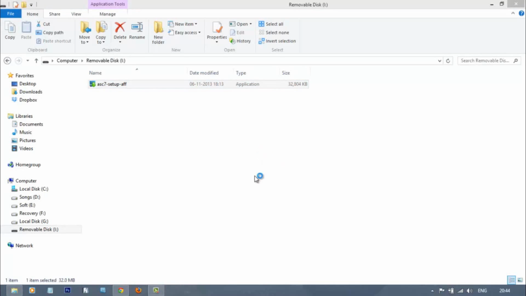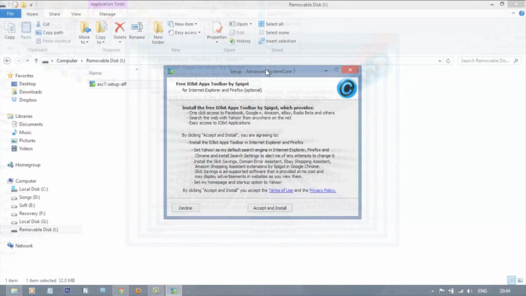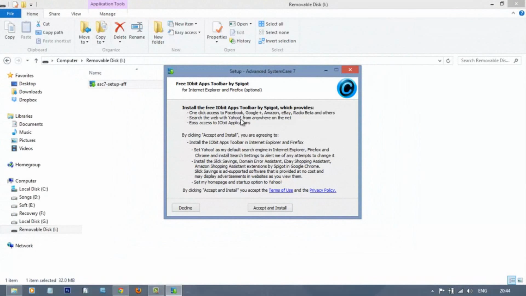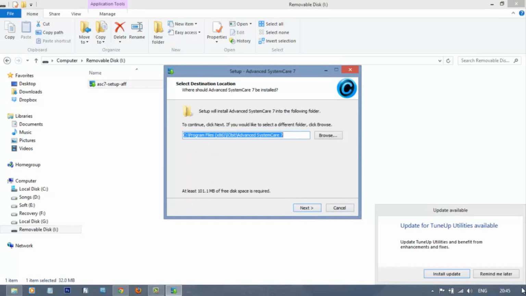Here is the setup file of nearly 32 megabytes. So this is our setup wizard. This comes integrated with iobit apps toolbar, which really isn't essential, so I would decline it. And now begin with the traditional installation.